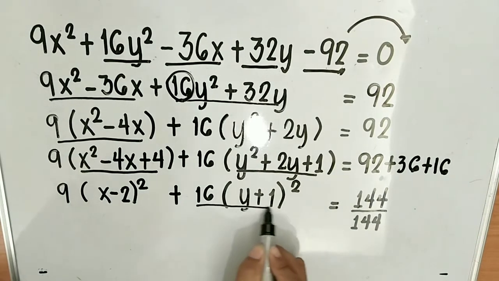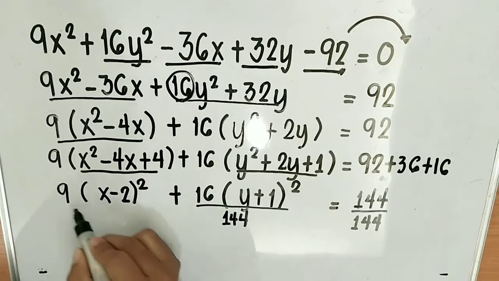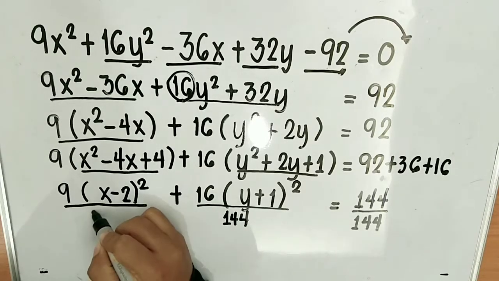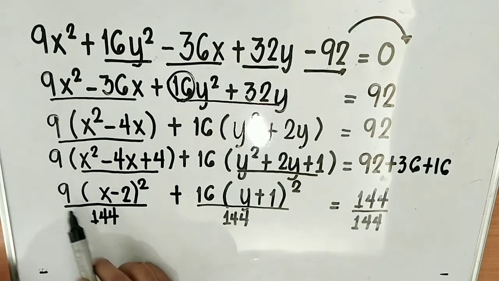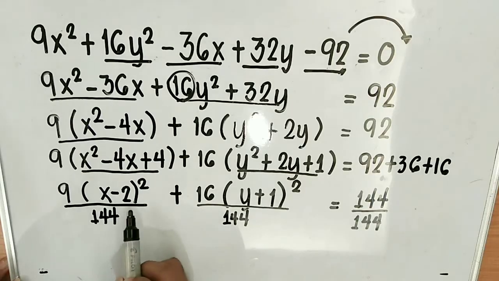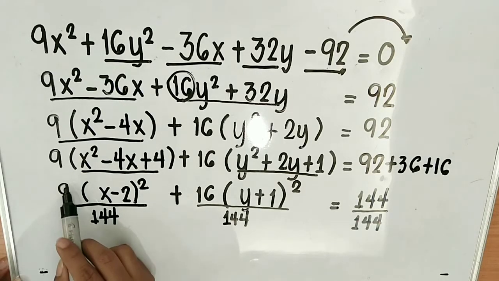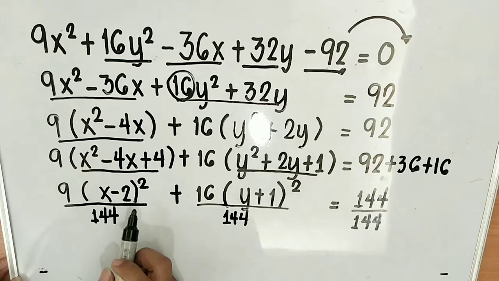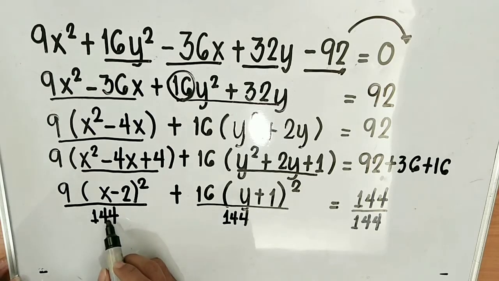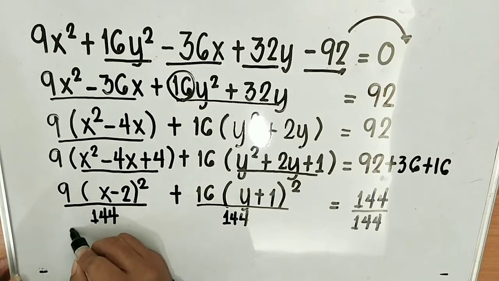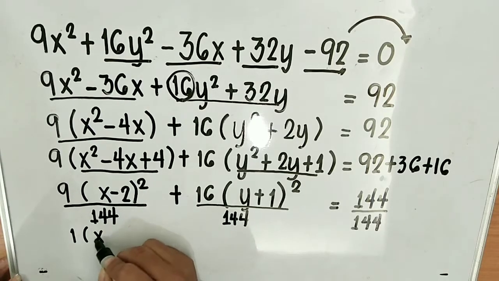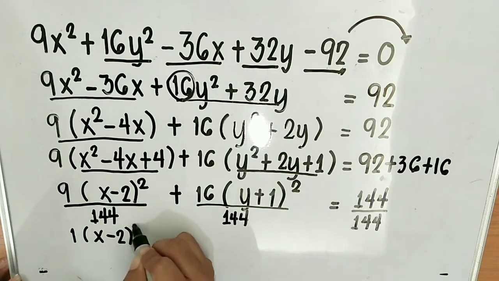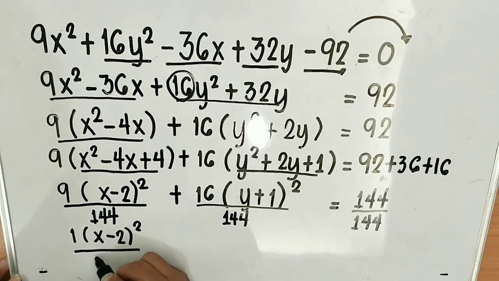Divide this one by 144, and this one also by 144. So 9 quantity x minus 2 squared over 144. So we have 9 over 144. If you reduce this to lowest terms, we get 1 over 16. So we can write x minus 2 squared over 16